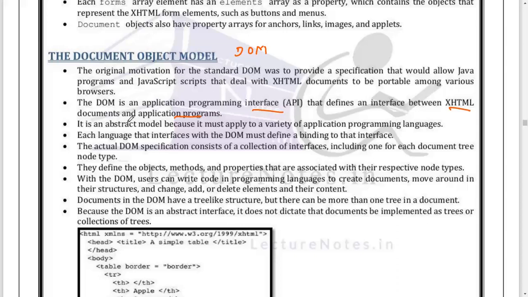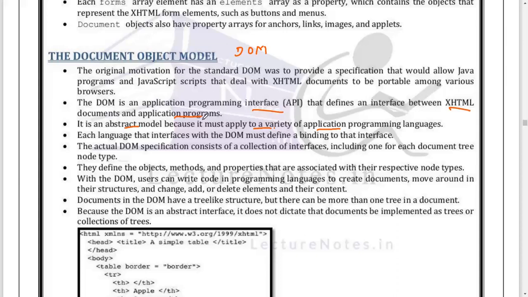Next, it is an abstract model because it must apply to a variety of applications. This API, the Document Object Model, will be used by different programming languages, not only JavaScript. It will be used in other programming languages also, for example PHP, or any web-based programming can also use the Document Object Model for its processing.